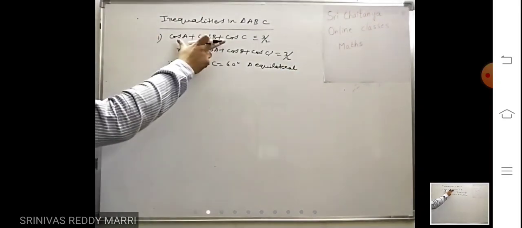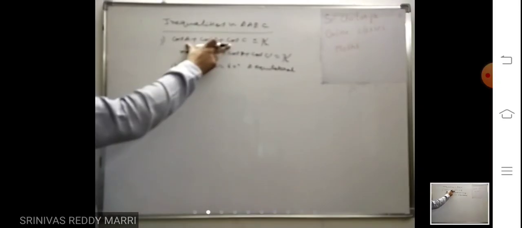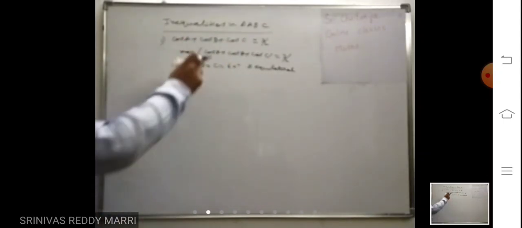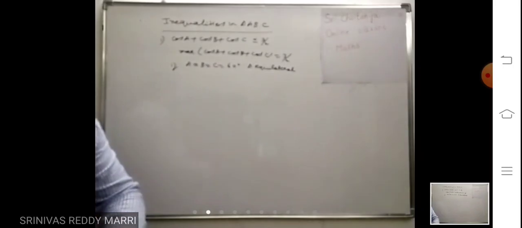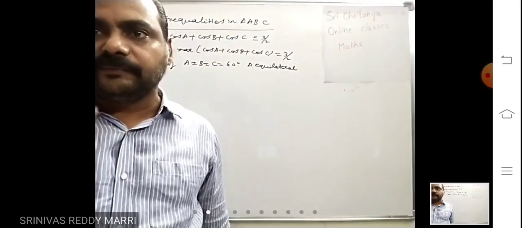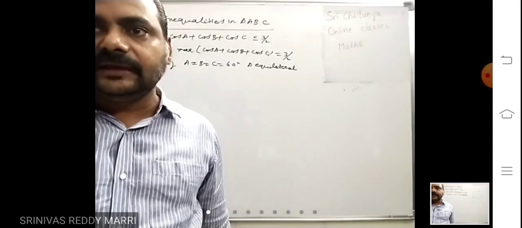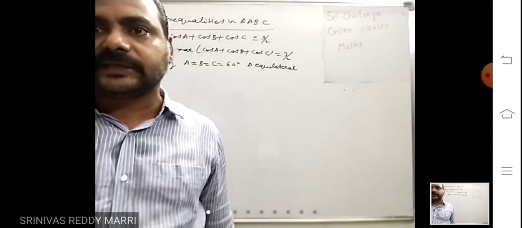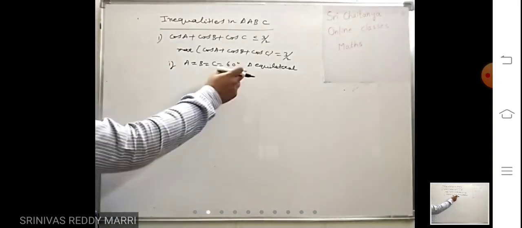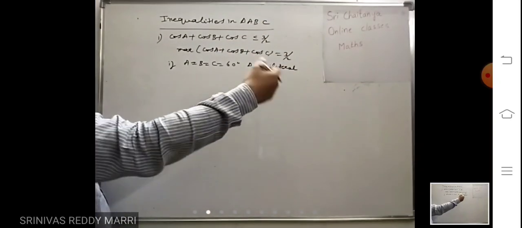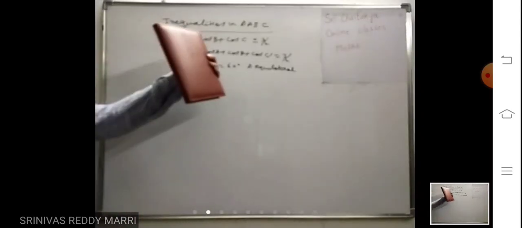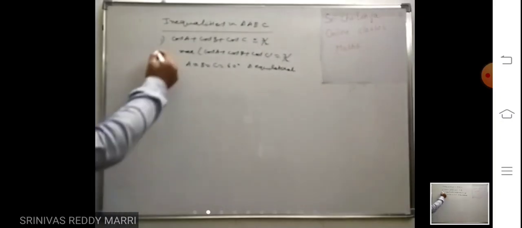Whenever cos A + cos B + cos C is there, you write less than or equal to 3 by 2. For a maximum value, you always take an equilateral triangle. If we are asked for the maximum value of something, you take the equilateral triangle, because in most cases you get the maximum value in an equilateral triangle when all the angles are equal. I will tell the proof later on. Now the time is not enough, so just remember this one. It will come in the inequalities chapter.